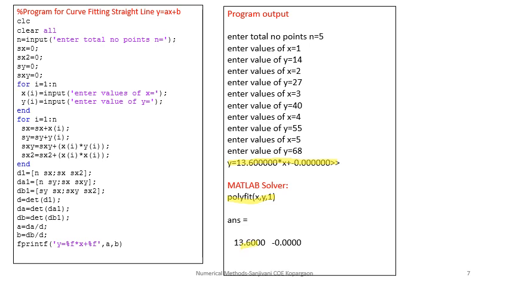Now if you look at the program, what you find is that this first for loop is for taking the input from the user. This for loop is for finding out the values in the table. Then these two lines are for forming the determinant. These two lines are for solving the determinant, and these are nothing but the values of a and b, and this last line is used for printing. So this is how this code is executed in a simple manner.